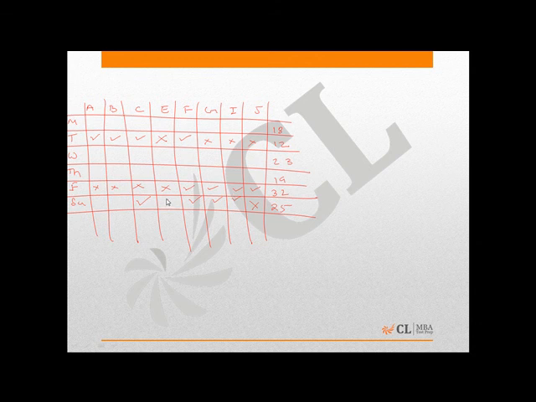So I can put a cross at E, I can put a cross at A, I can put a cross at B. Now I see that in the column E there are 3 crosses there. Since he is teaching every class thrice, that means he must have taught E on Monday, Wednesday and Thursday. And for F, I can see there are 3 ticks. That means he has already taught F on 3 days. That means he must have not taught F on Monday, Wednesday, and Thursday.